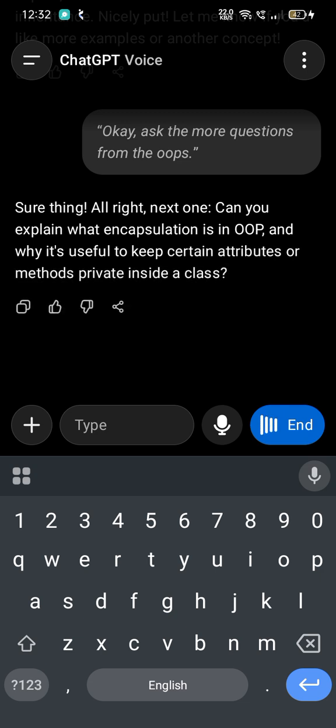We have classes and objects, and we also have attributes and an instance. We have instance attributes, private variables, protected variables, and public variables.